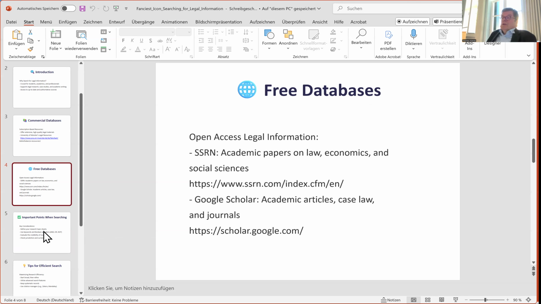Let me mention additionally AI. Because you are writing about AI, you need to start your search for legal information with AI. So you can use ChatGPT. I would recommend it if you have a chance to get access to ChatGPT 4.0. That's perfect. Additionally, you can use Claude. That's a service provided by a company, Anthropic. That's as well a good service